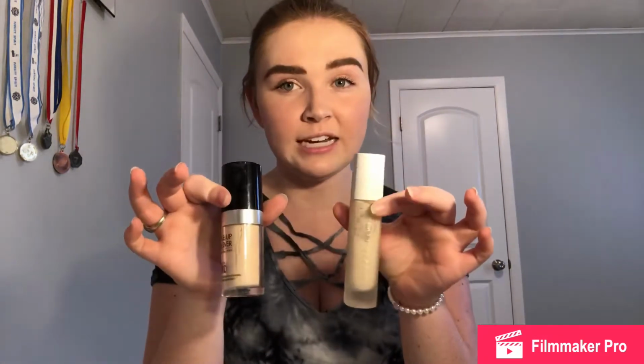And both of these are in the lightest shade. And they're much lighter than the Hello Happy, but the reason why I picked up the 2 lightest shades is because I got these in the winter time and I get much paler. I do not like these 2 foundations at all. As you can see, I've used it a lot because I never give up with a foundation. I always try to find a way to make it work for my skin, but I haven't had any luck